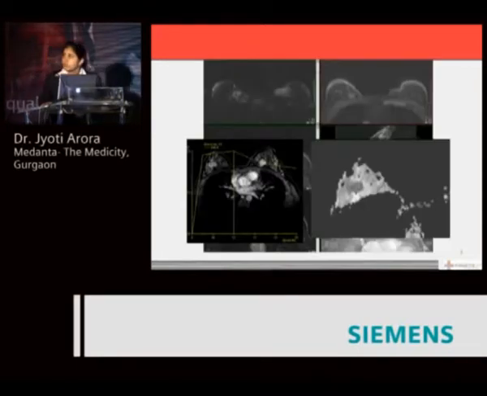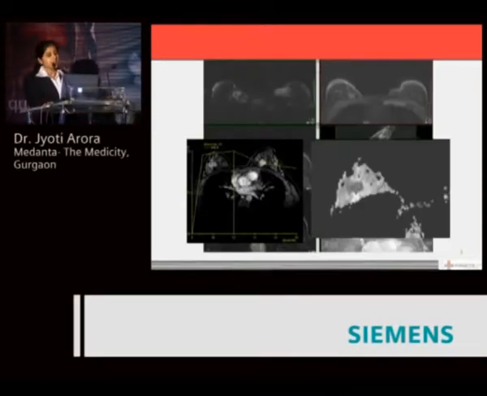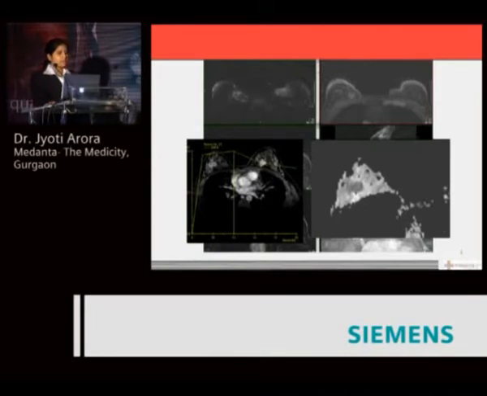This is just to show the sequences that we acquire. It's the STIR and the T1 weighted, which is pre-contrast, followed by the T1 FAT-SAT post-contrast images. The delayed images and the subtracted and the MIP images are created in line. The dynamic images give us the mean curves or the time activity curves, which help us to increase the specificity. And then we have the diffusion weighted sequences. This is an ADC map which clearly shows restricted diffusion in the area of cancer.